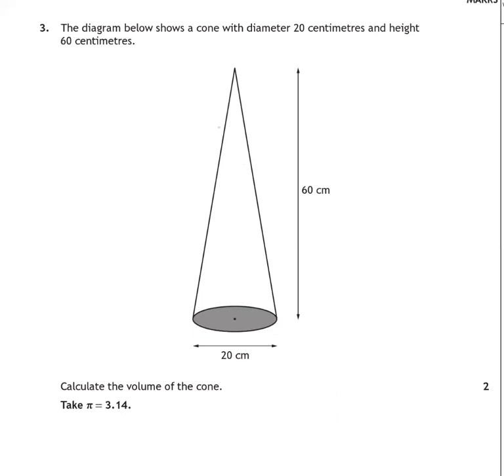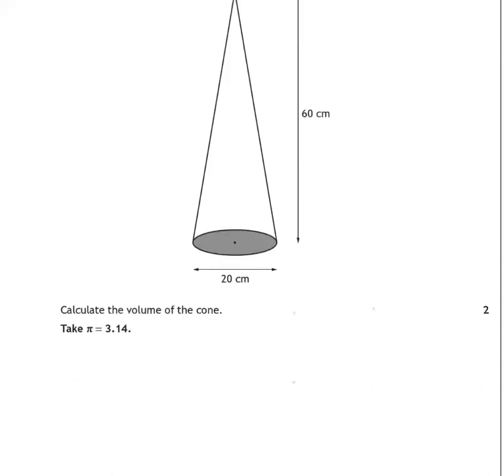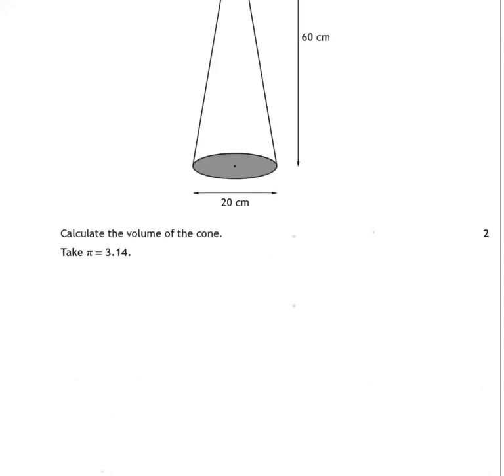Okay, question 3. The diagram below shows a cone with diameter 20 centimeters and height 60 centimeters. Calculate the volume of the cone and take pi equals 3.14. Right, so we're trying to find the volume of the cone. So the formula for volume of the cone is just,